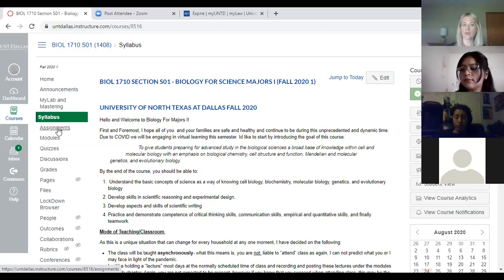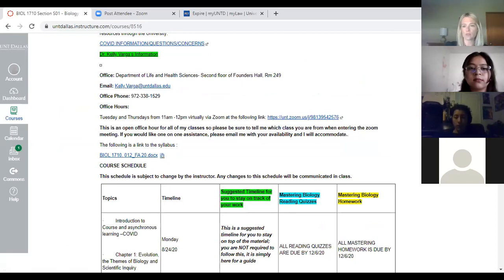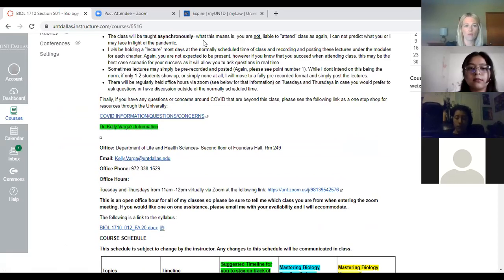So again, this goes back to that term asynchronous learning. That's what we mean. It's not in time at the actual scheduled time. So that is what we mean by mode of teaching. Oops, I'm so sorry. I went too fast. Mode of teaching, right up here. Additionally, if you have concerns about resources for campus, internet access, mobile usage, computer rental, if you need to come to campus,